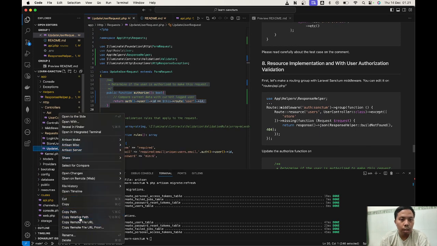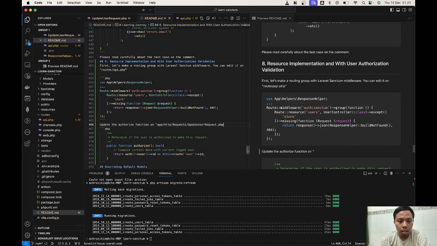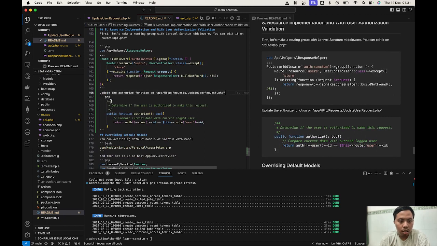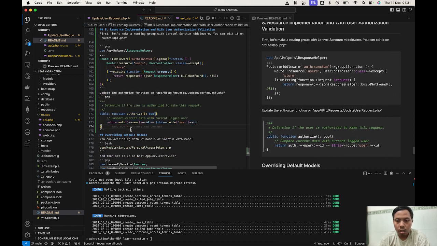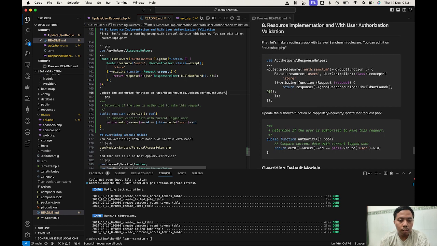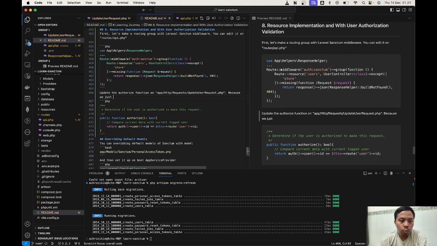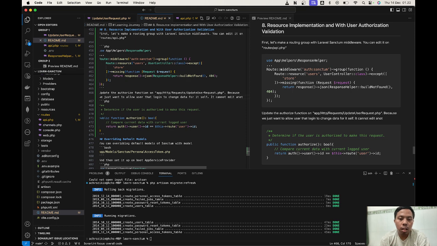We need the relative path, and then we go back to the readme. Now we can explain this, because we just want to allow the user that is logged in to change data for itself. It cannot edit another user's data.